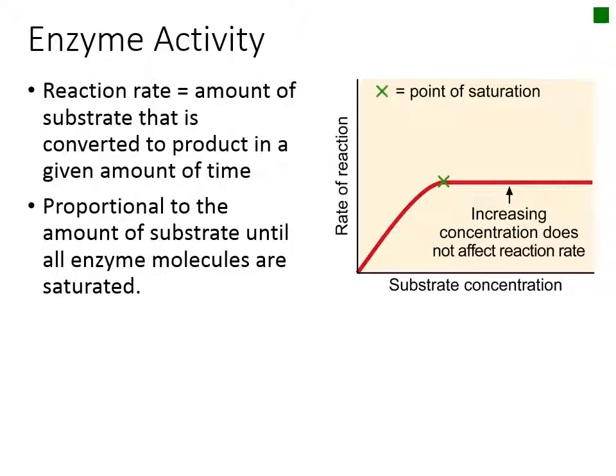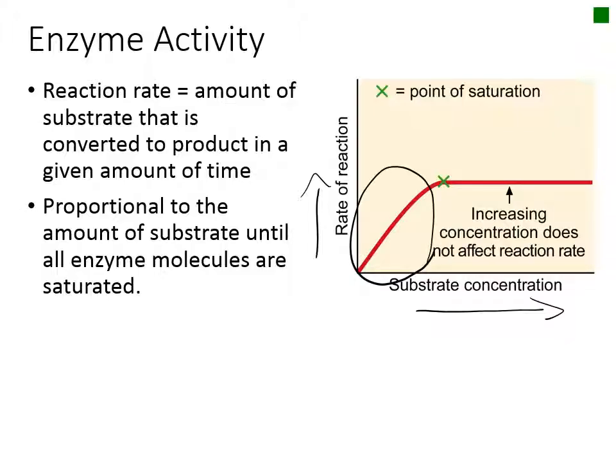Enzyme activity, or the reaction rate, is defined as the amount of substrate that can be converted to product in a given amount of time. As you can see in this graph, as the amount of substrate increases, the rate of the reaction increases for a time. At low concentrations of substrate,